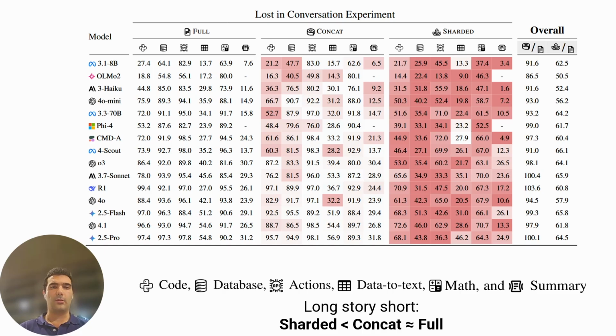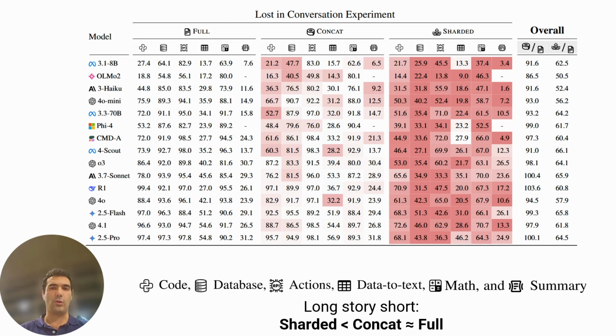The columns: the first third on the left is how the models perform on the 6 tasks in the experiment in the fully specified setting. Then in the middle is the concat setting, and on the right the sharded setting. And the background color indicates how much of a drop it is from full to